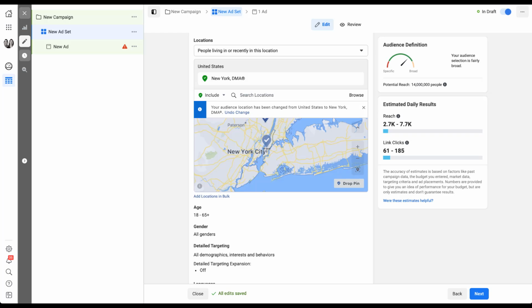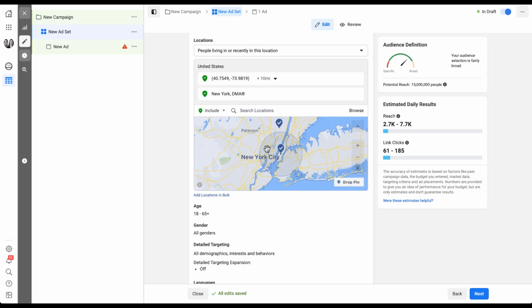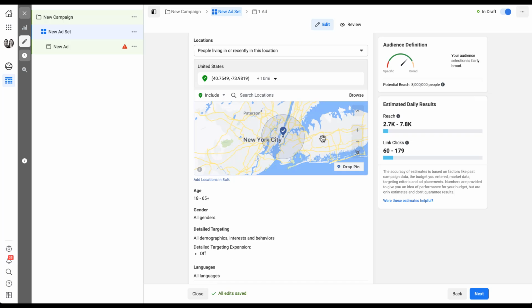I can put that right over New York City and click. And now you'll see that there's a little bit of a radius. Let me get rid of this DMA region so it's easier to see. Now we can see that we're targeting 10 miles around the specific area that I dropped the pin on in New